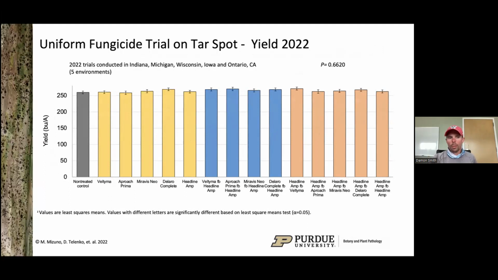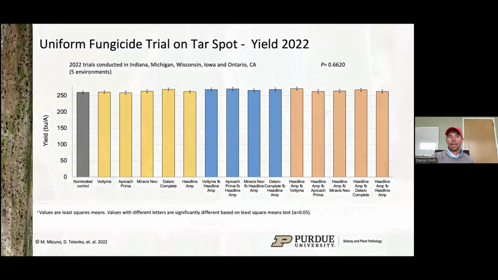And then here's the yield. We weren't able to tease out any really strong differences here, but you can kind of see things that were sprayed at least once in 2022 had better yields than the non-treated control. But it was maybe about 10 bushels across the 5 environments, and not enough to really tease it out separate from the non-treated control. So, you could do 2 passes, although I would encourage you to look at the return on investment there. We don't see strong odds of return if we get that single application on in the VT to R3 window.